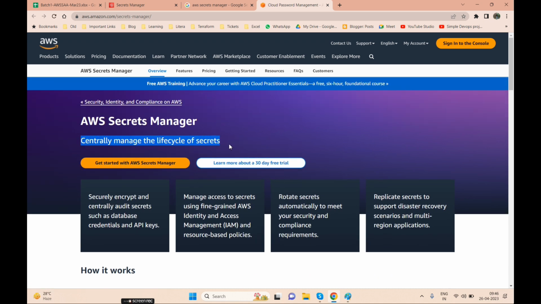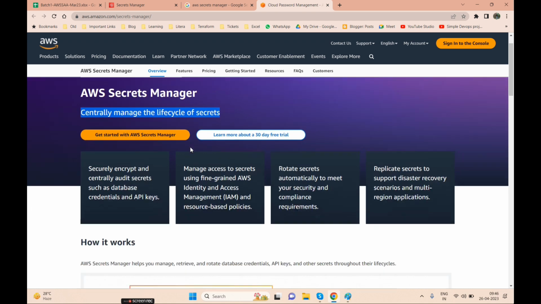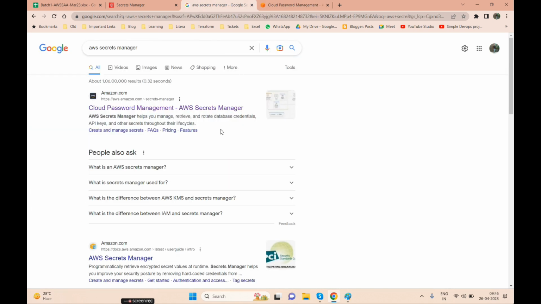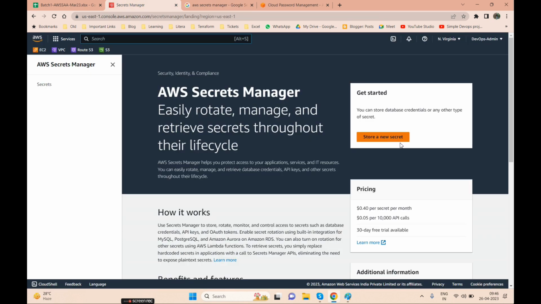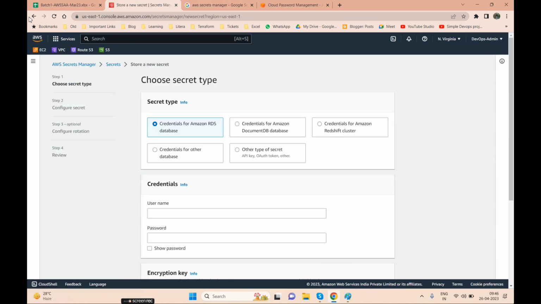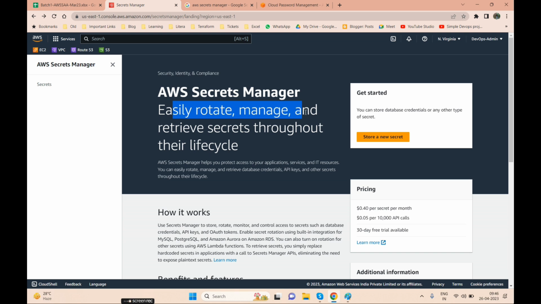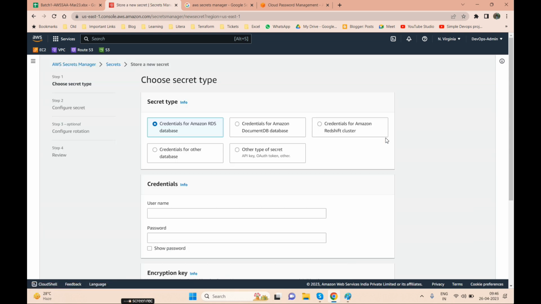Centrally manage the life cycle of your secret. The secrets it is talking about are the passwords. Under secrets, you can easily rotate, manage and retrieve the secret throughout their life cycle. In KMS we are only managing the key, but in secrets we can store the secrets.